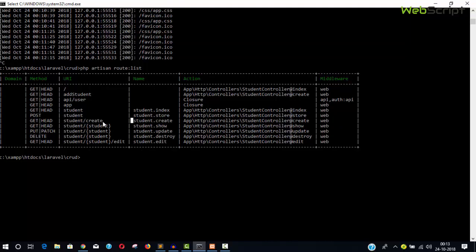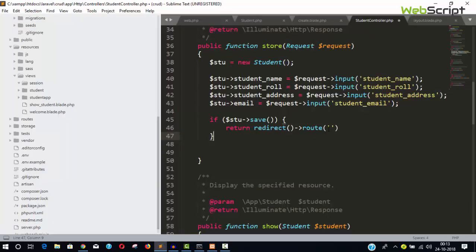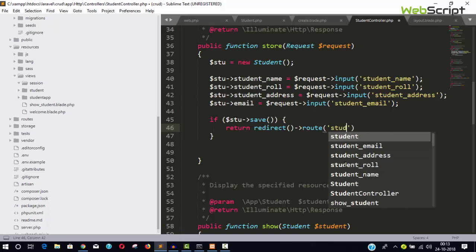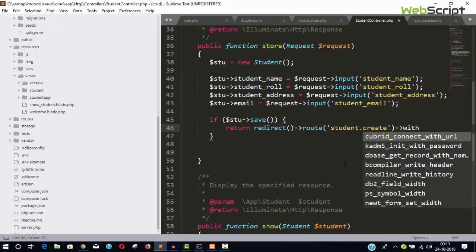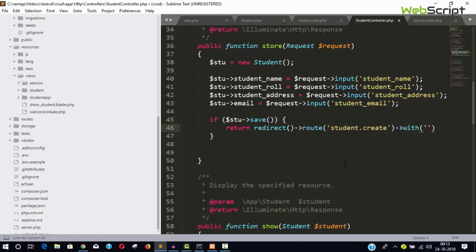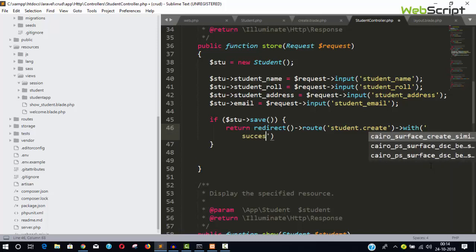So for the route, you can use a redirect URL, and you can simply use this route. So first see the route: student.create. You can go to this route, and I want to say something after saving on that page. This is a function which stores the session message, that is also called a flash message. So create a variable, success, as the index, and say here